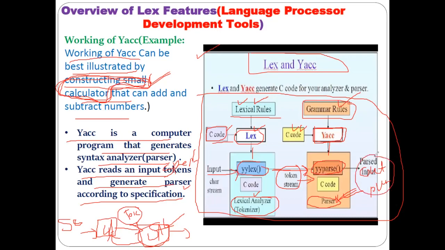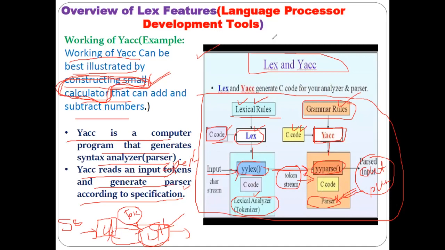Whether your sentence or expression is syntactically correct or not. Understood? As you can see here, both of these programs you have to compile combinedly, and then you have to generate the executable file as a.out.